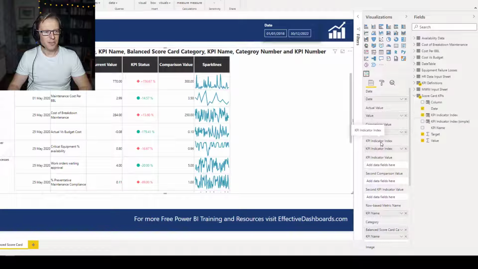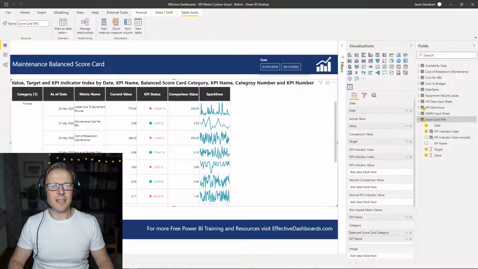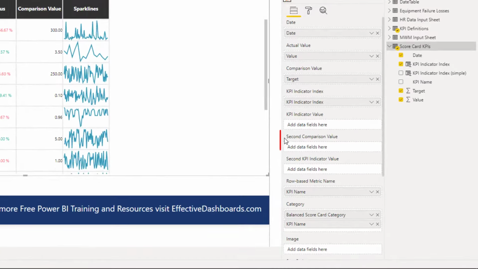Okay, so that is us set up the indicator value. Next we're going to set up the secondary indicator value. Okay, so next we're going to create a second comparison value. So there's an option here for second comparison value and second KPI indicator value. So we're going to keep it relatively straightforward here, and we're going to create a second comparison value, and I